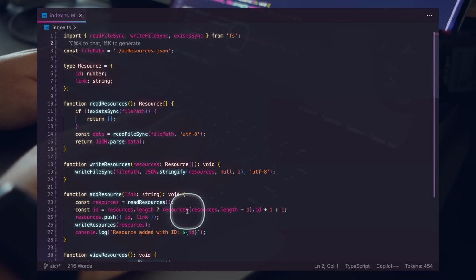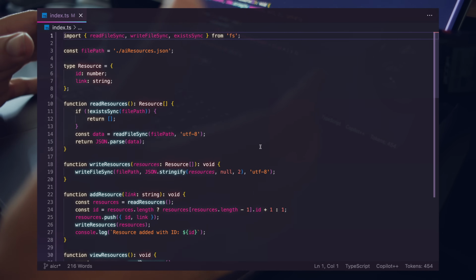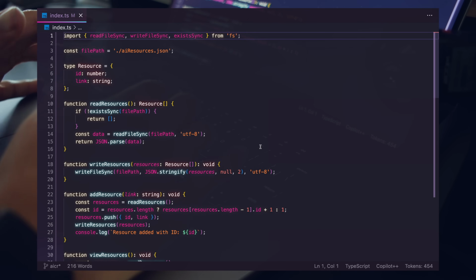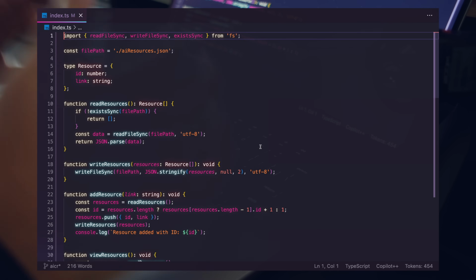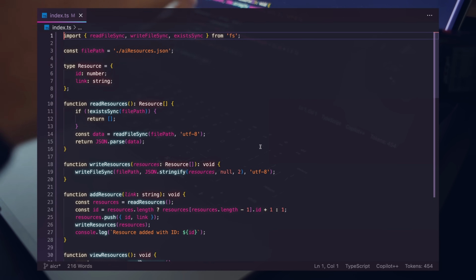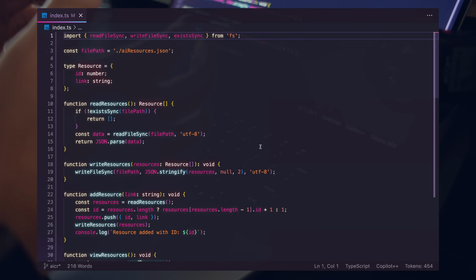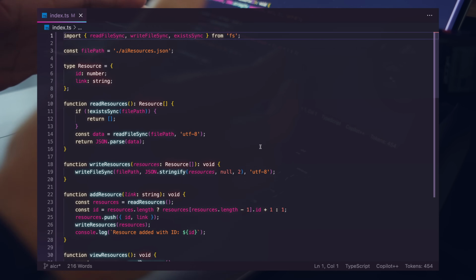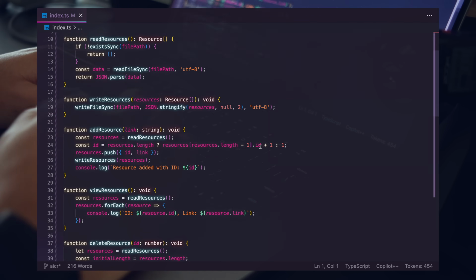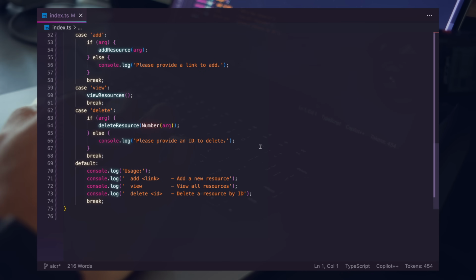Great. So if you've used AI coding assistants before, you already know what's going on here. You already know the power of AI coding assistants. You already know how much they can multiply productivity. In this video, I want to share and show off some of my favorite AI coding assistant features. I'm going to give you a couple tips and tricks on how you can get started and progress your